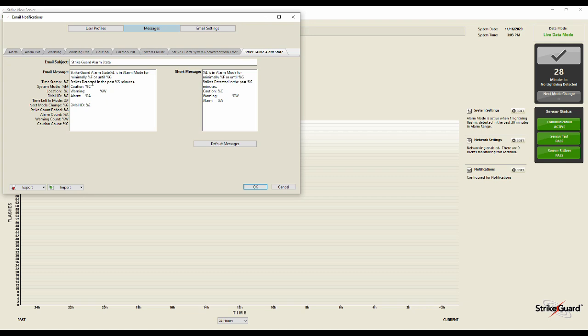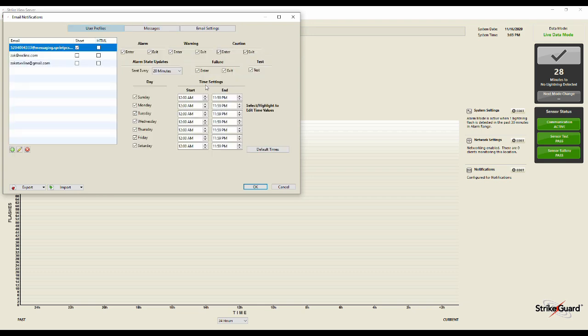It shows me how many strikes have been detected in the past minutes since we've been in alarm, and how many of those were caution, warning, and alarm. So that's important. It also shows me what time the alarm is expected to expire. That update comes every 20 minutes, so I don't have to keep going back to StrikeView and checking the countdown timer. Once you've entered the profiles that you'd like to have the notifications sent to,